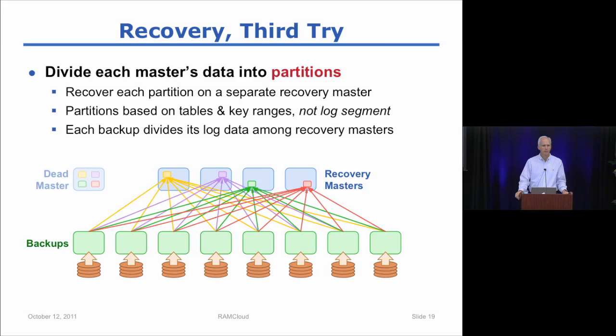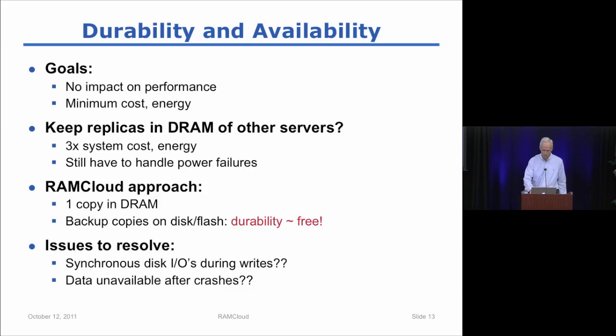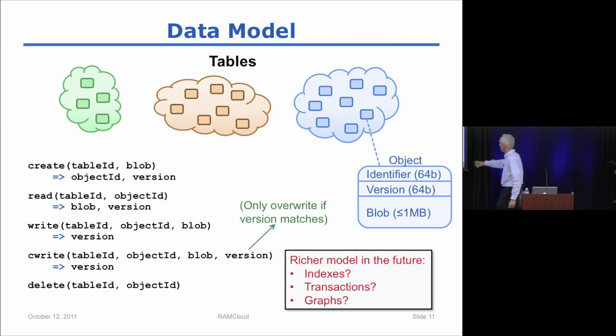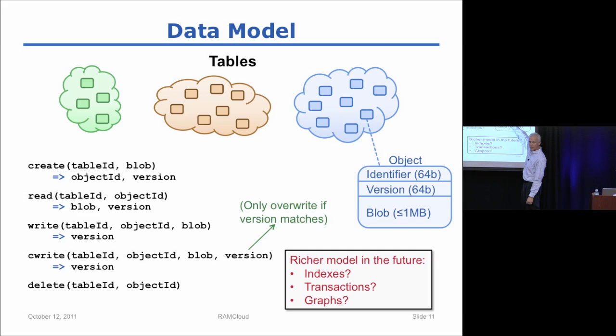Is there a question? Yeah, what kind of key are you using for your application? Well, the key, oh, for the partition. It's keys within tables. If you recall, it's these 64-bit identifiers. It's a key value store, so applications pick the keys that they use for reading and writing objects. We basically take the key space for each table and divide it up into chunks where they're more or less equal in size.